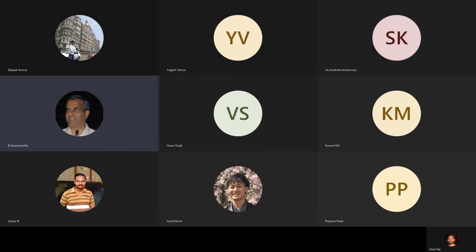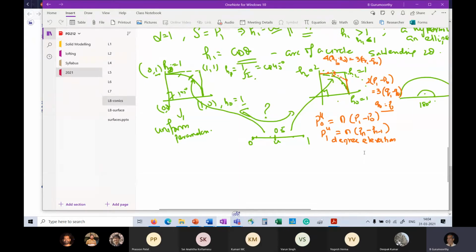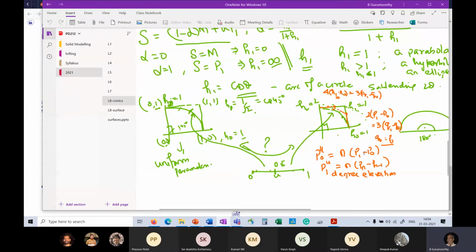So I'm just keeping it on the screen where I left you the last class, right? So a quick recap of what we did. In the last class, we primarily focused on the extension of the spline representation that we had seen earlier